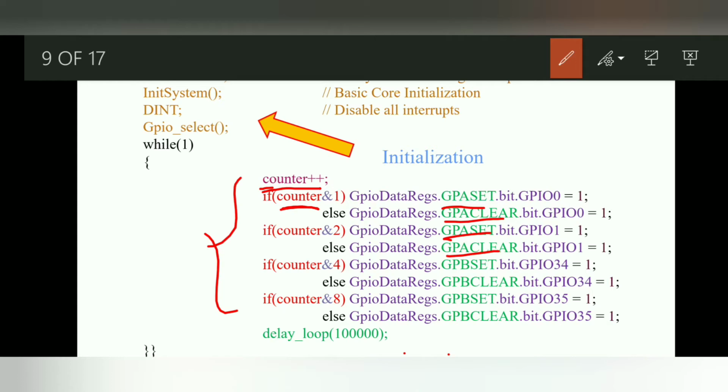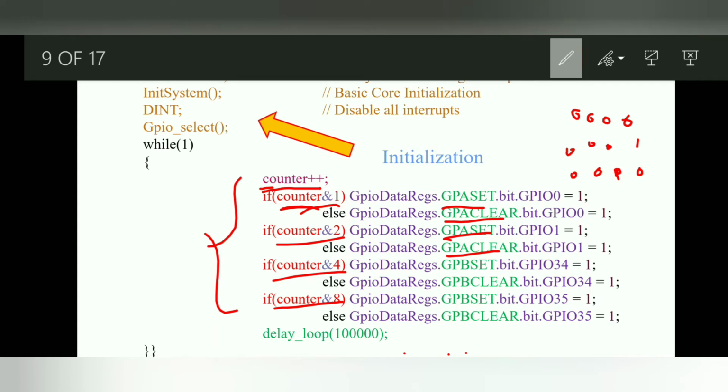Set means we make that GPIO pin 1, otherwise we make that pin 0. If this condition is satisfied, you can just change these numbers from here and make your own sequence. You can make a sequence like 0 0 0 0 0 0 0 1 0 0 0 0 0 1 0. You can make any sequence you want.